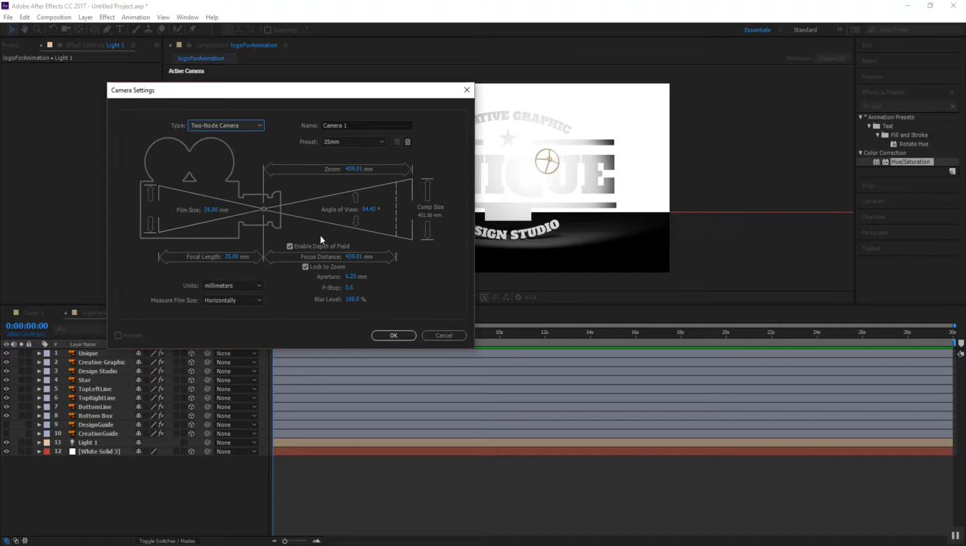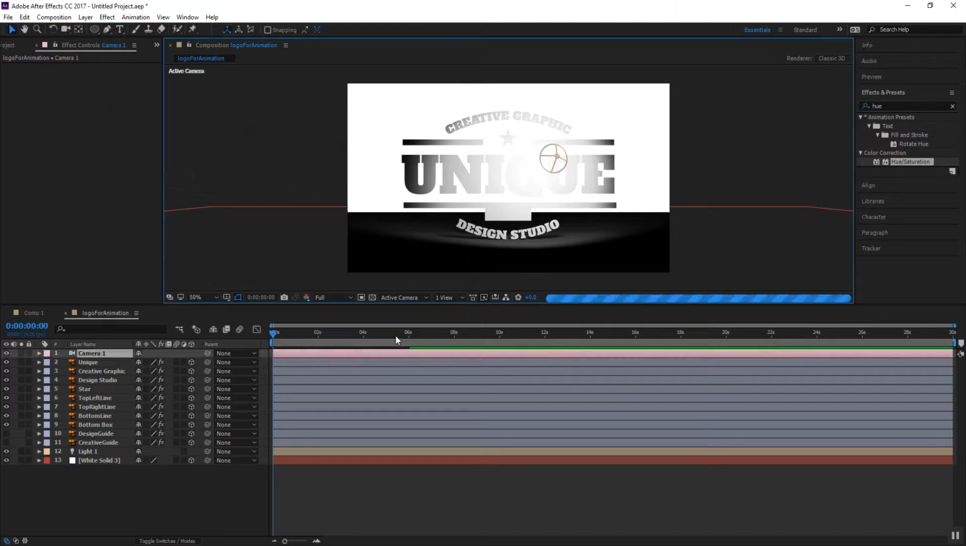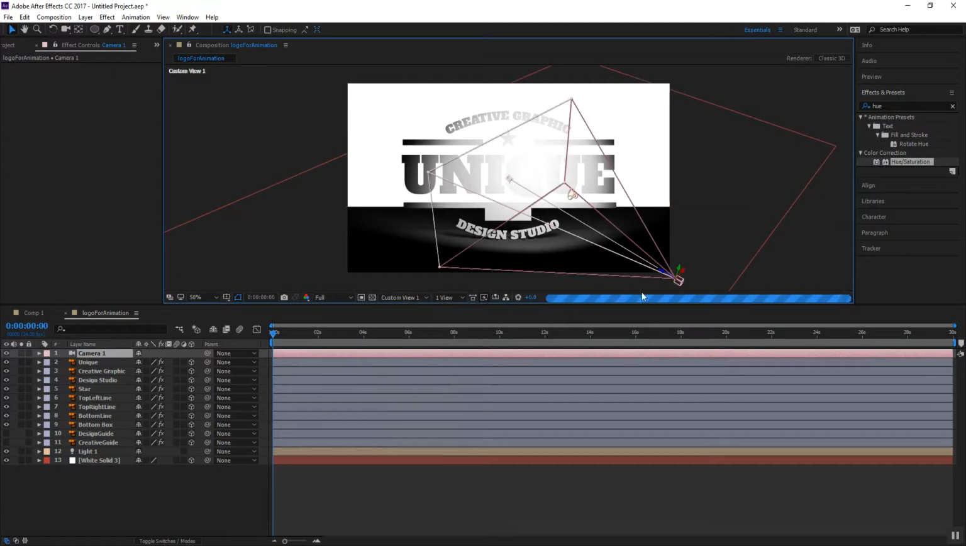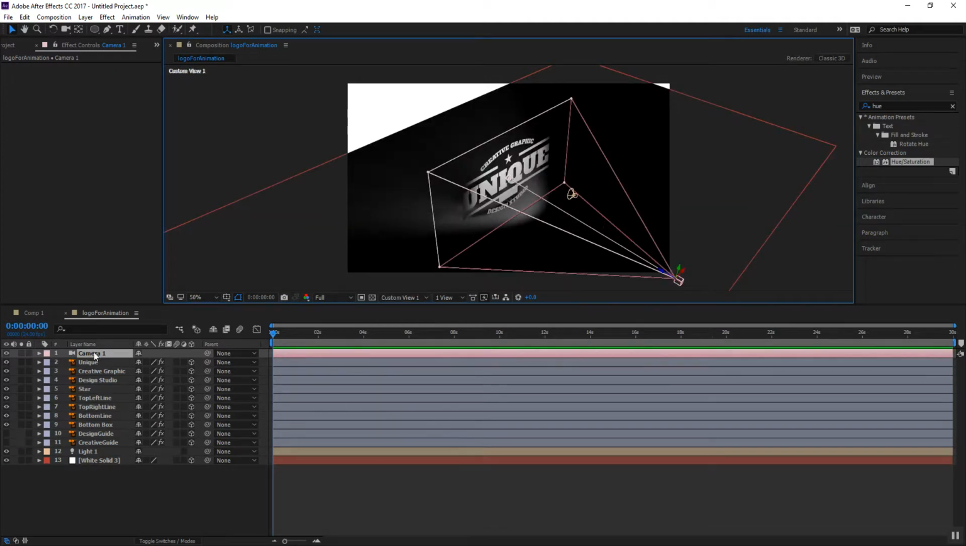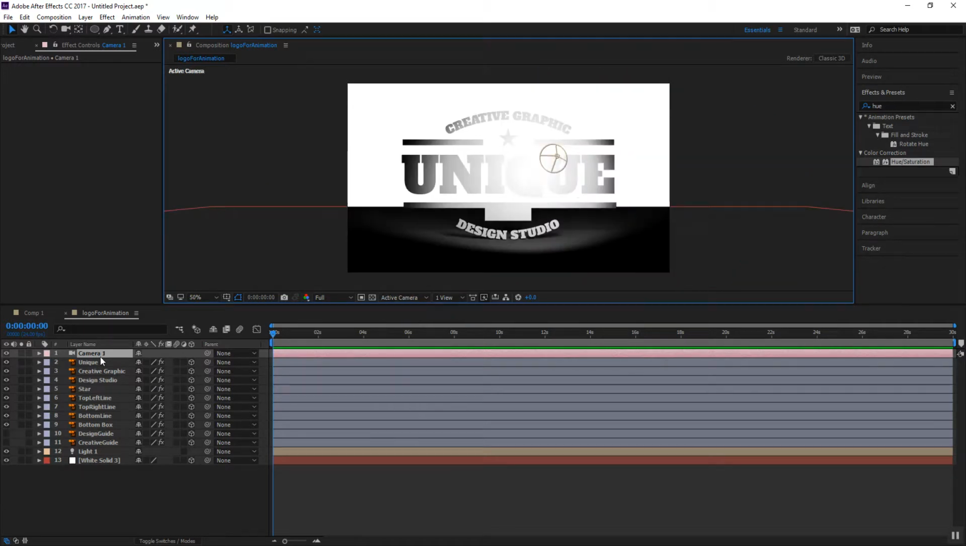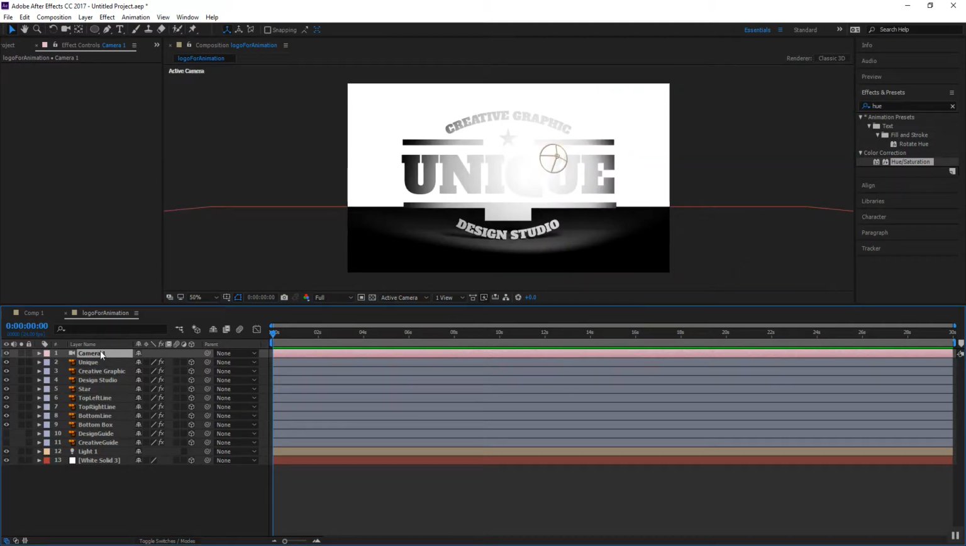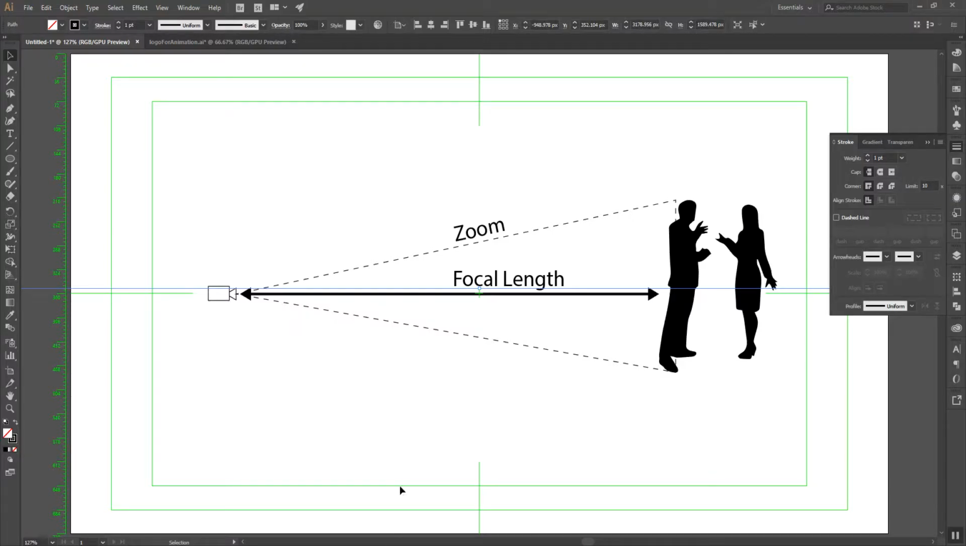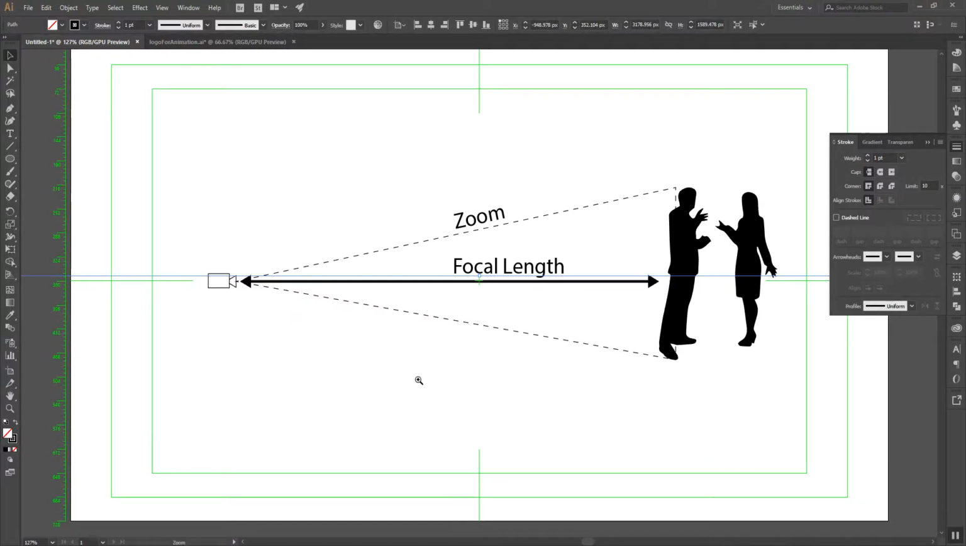So 2-node camera. And now I'm going to make this one a 35mm. That's fine. Click OK. And now I have my camera. I don't see it, but when I go to my custom view 1, I see my camera has been placed there. So now let me switch back to my active view camera, select my camera layer, call its position value, and now let me go to Illustrator and copy a